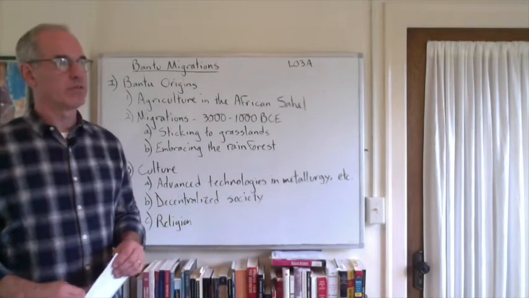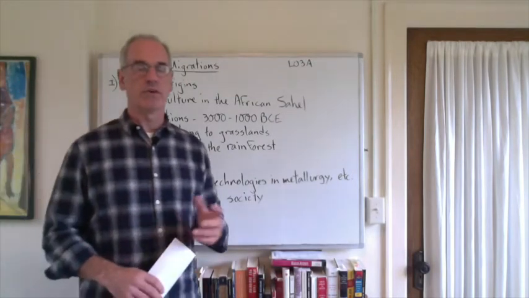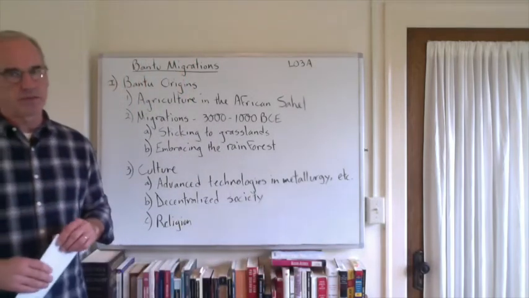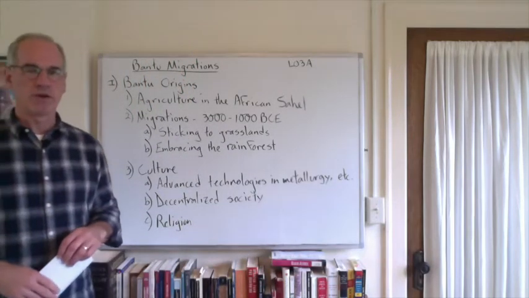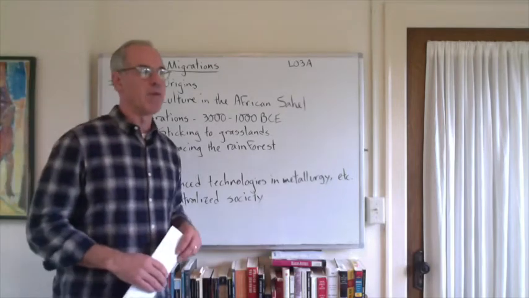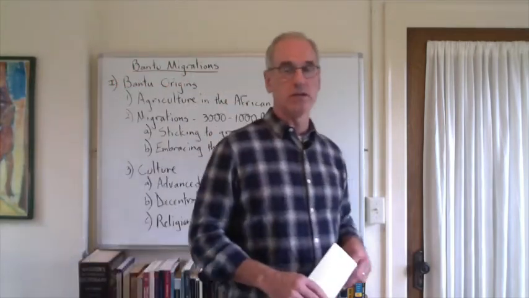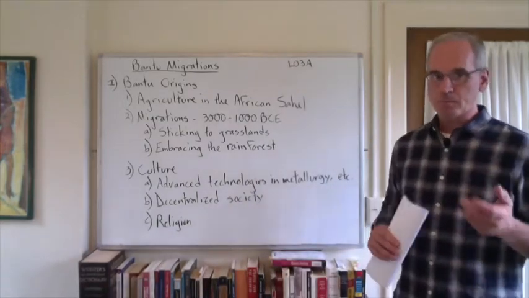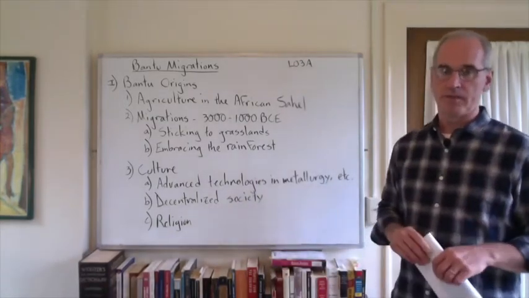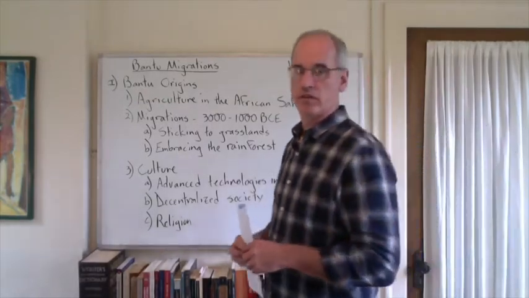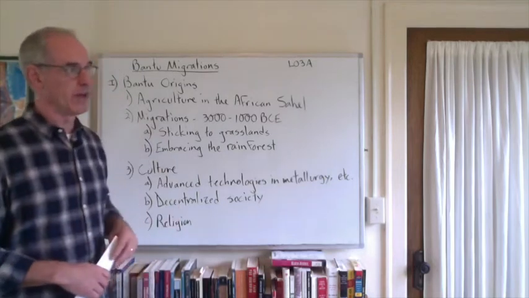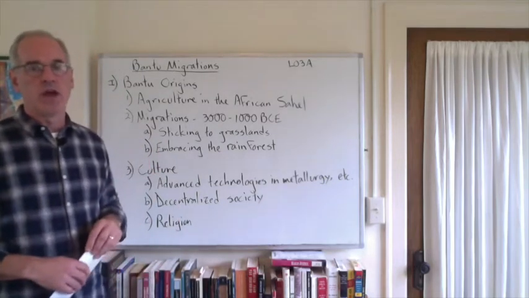We've pretty much talked about sedentary civilizations so far. We talked about Egypt. We talked about Mesopotamia. The Hebrews did move around a little bit, but we didn't really mention that too much. But I want to talk about a migration because human beings began to move, and human beings have been moving throughout their history. So I want to talk about the Bantu. Now, Bantu is actually a family of languages in sub-Saharan Africa, and it's a really widespread family of languages for reasons I'm about to explain.